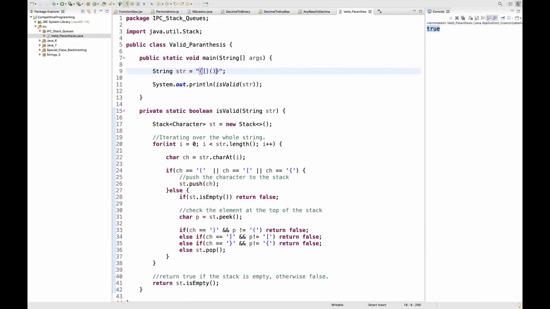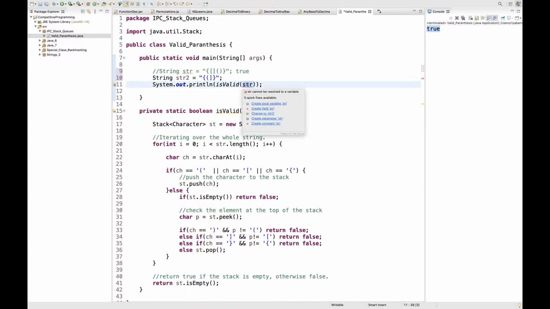Now let's take the example of false as well. So this was the true example. Let's take the example of false also. str2 is going to be, let's say, this string.